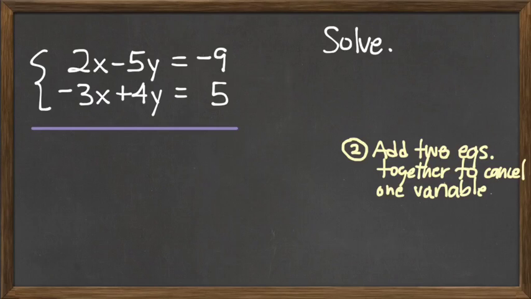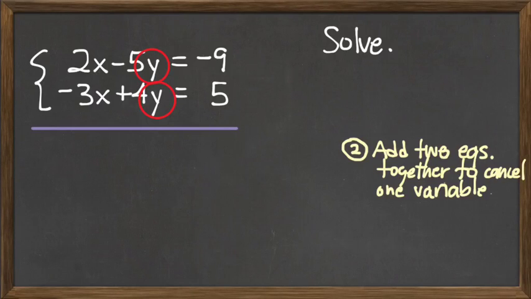First of all, let's target one of our variables for elimination. Should we target x or should we target y? Which one do we want to get rid of here? There's no wrong answer to that question, by the way. Why not? So we're going to target the y's for elimination,